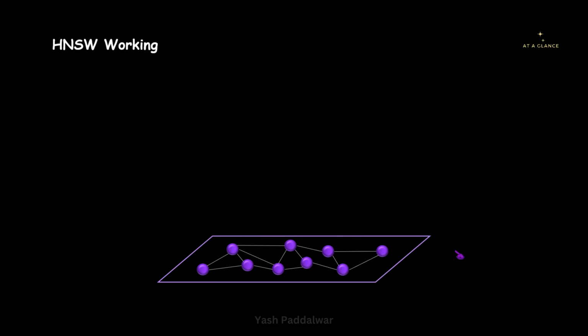Now let's combine it with the skip linked list. How can we do that? We can do that by simply introducing the concept of layers. So let's say that this particular graph is present at layer 0. Now similarly we'll have multiple such layers. At the lowest layer, I already told you that we'll have all the documents. When we move a layer above this layer, we'll have a lesser number of documents. We can say that those fewer documents are representatives of all the documents present at the lower level.